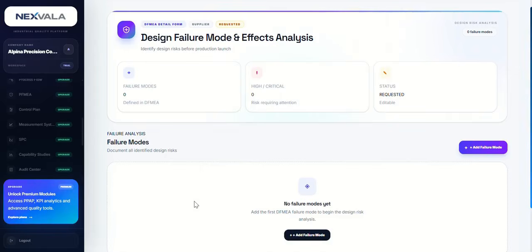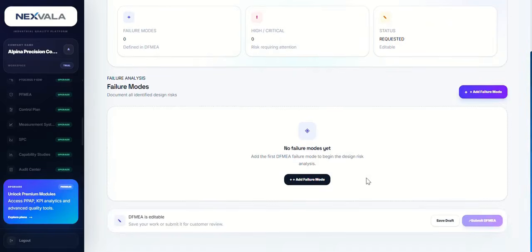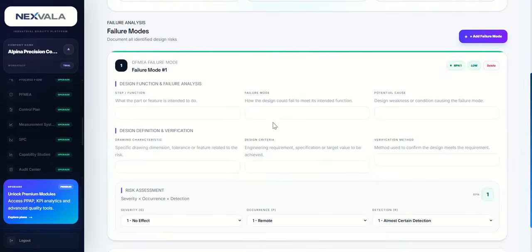They are all connected with the various parts of my plant. This, as I was saying, is a very light version. Consequently, in the FMEA, we simply go to add failure mode. We go to put